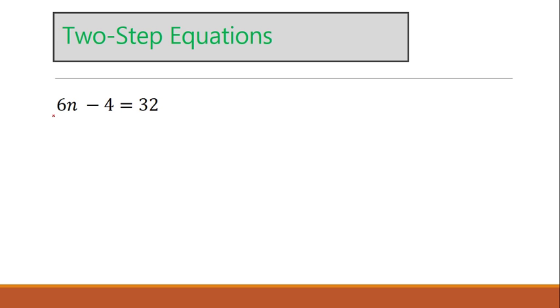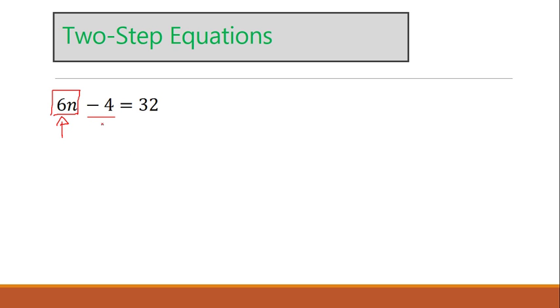So remember, you're trying to isolate the term with the variable. And this is a term, right? When they're written next to each other, we call that a single term. It's like a whole group. And my other term over here is the minus 4. So to get the 6n term by itself, I need to get rid of this minus 4. All right, so my first step then is going to be to add 4 to both sides